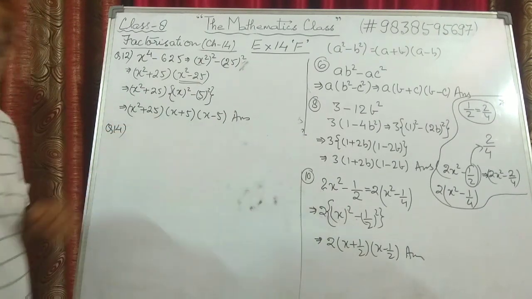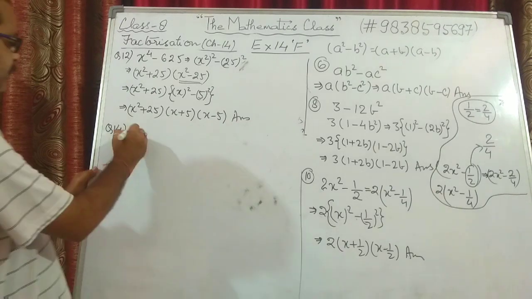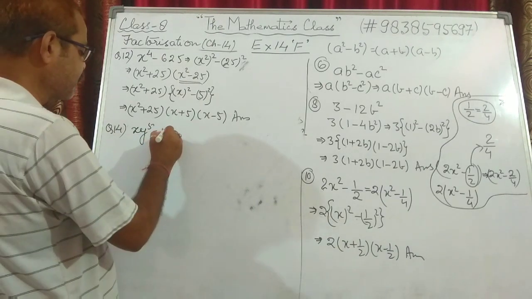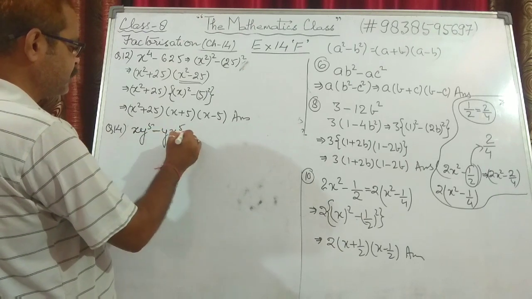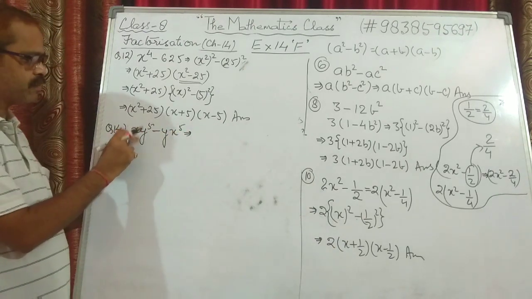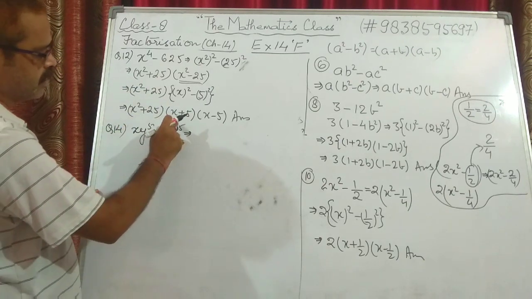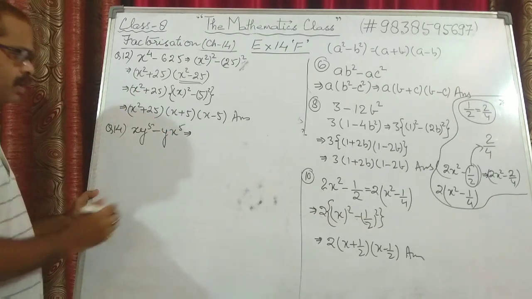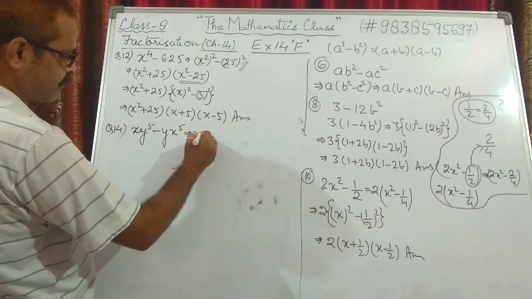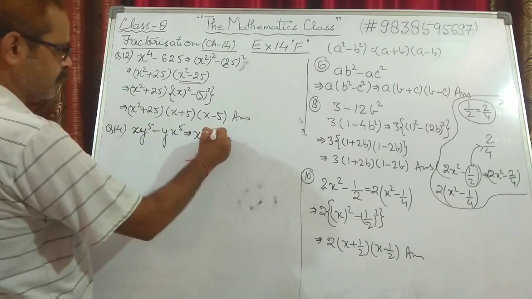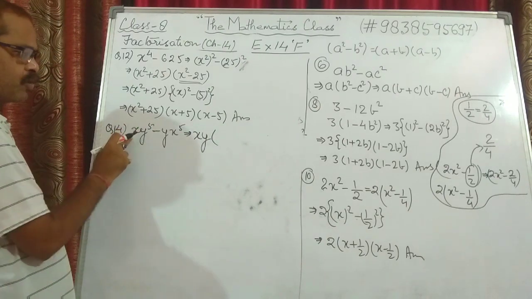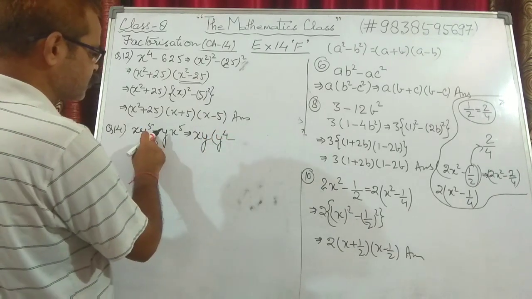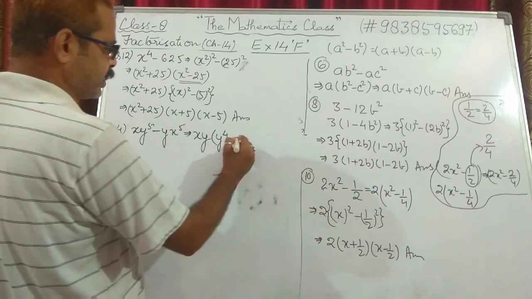Now question number 14. It is x y to the power 5 minus y x to the power 5. Now this is very easy, you can make out. If I take y common from here, y to the power 4 will be left. If I take x common from here, x to the power 4 will be left. So I am taking x and y both common from these two terms. Now one x was there, so one x is outside, so no x is left. Only y 5 were there, so y to the power 4 is left. Minus was there, so minus, y is already common and x has been taken common, so x to the power